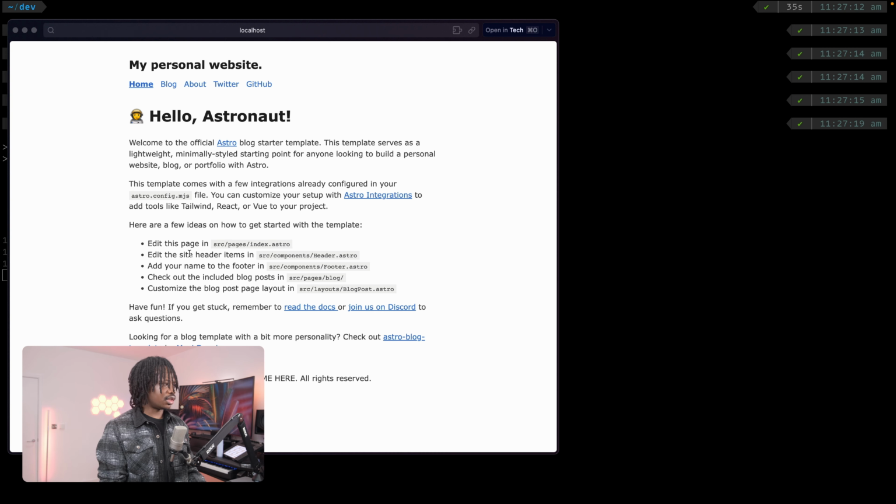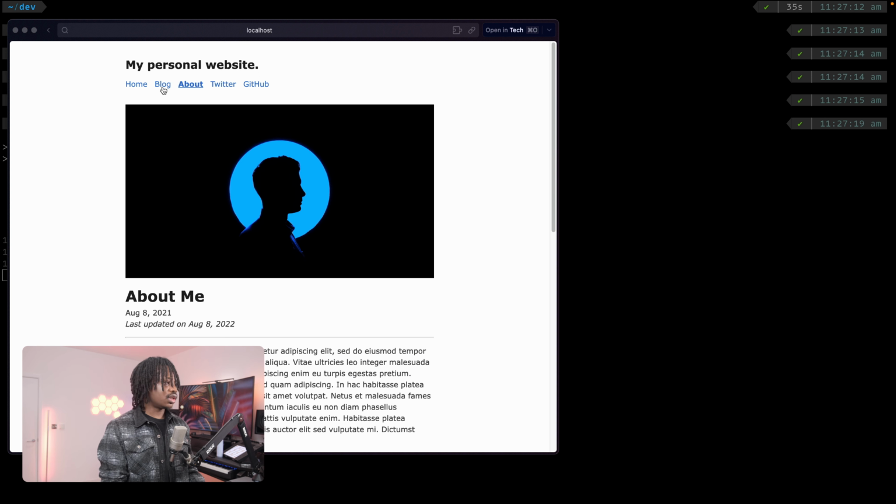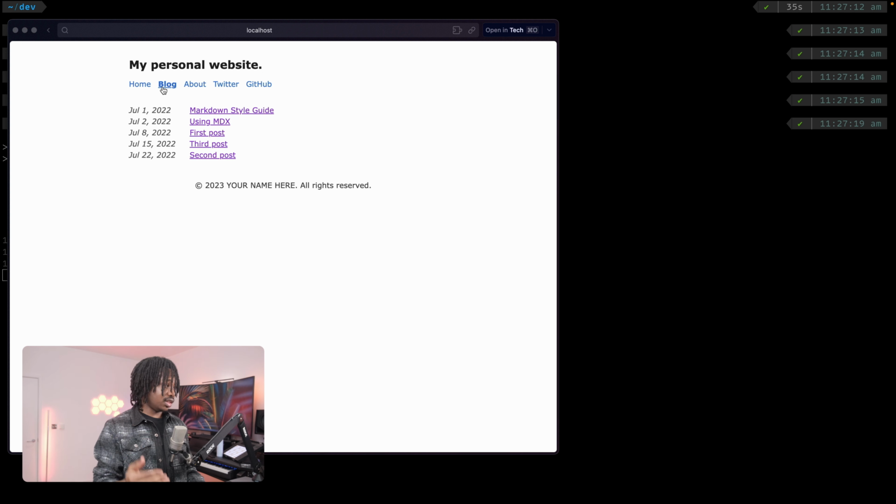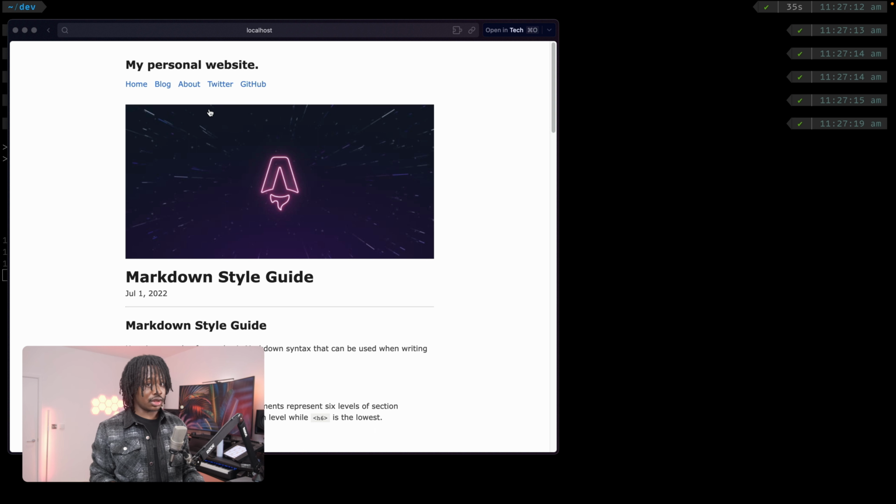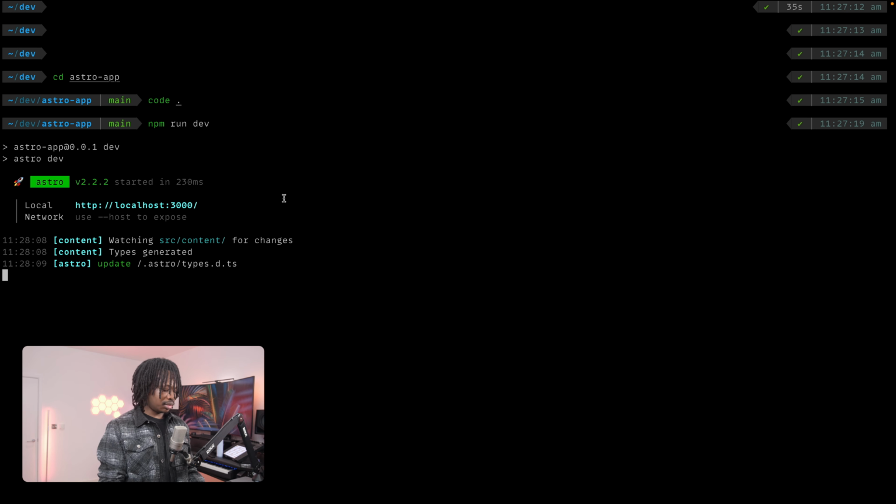Open it in the browser, and you can see we have the home page like we saw. We have the about page as well, and we have the blog page, which shows a list of the blog items. But then if you click on each of these items, you can then go ahead and read the individual blog item. If we close this, and before we deploy, if we run npm run build